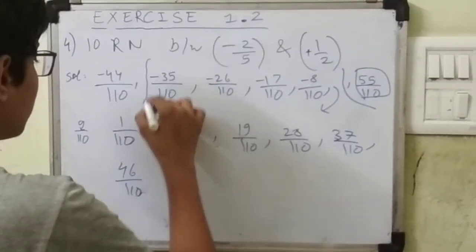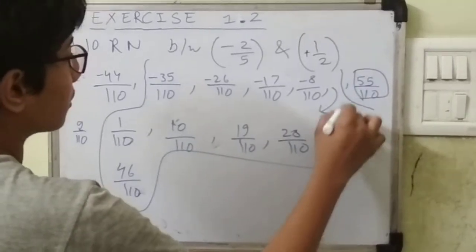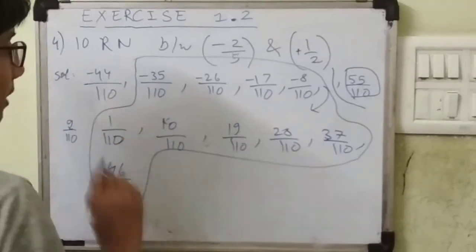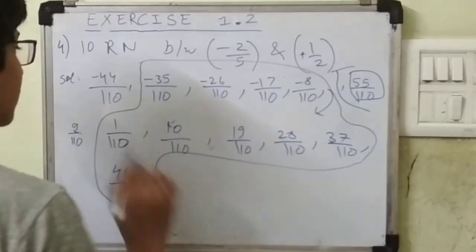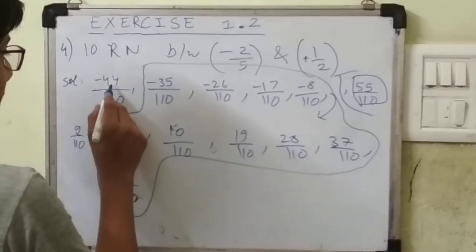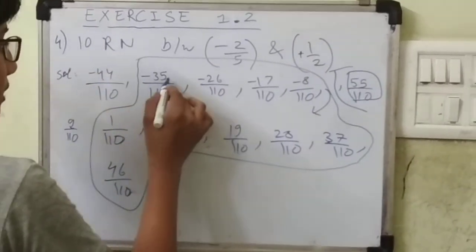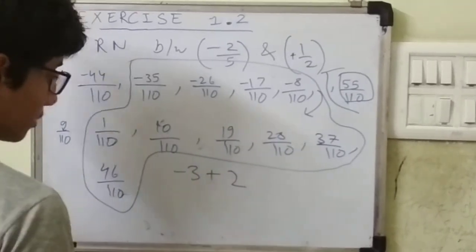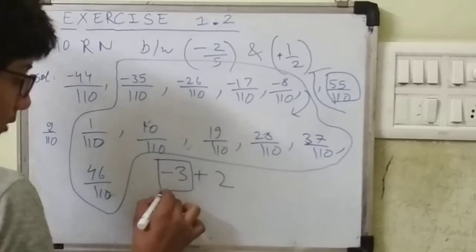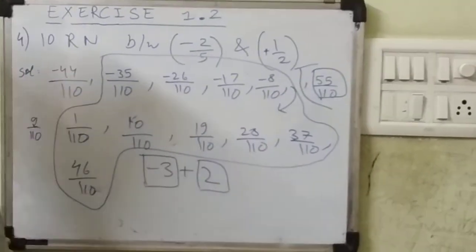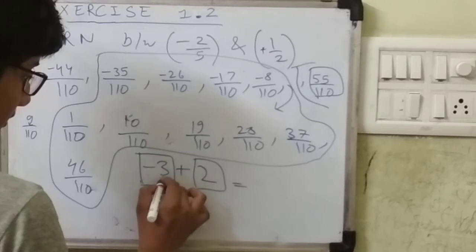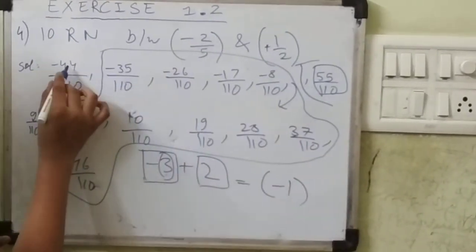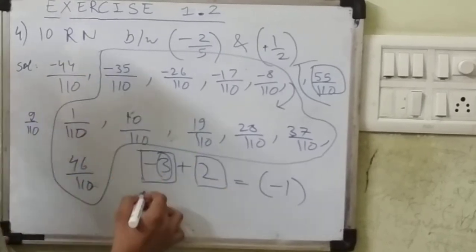So these are your 10 rational numbers. Although the space is low, in the notebooks you will write on the same line. And no need to mention this, it is just for explanation. So what you will do? Minus 44 plus 9, minus 35, and you know that if minus 3 plus 2 is given, whenever any negative number is added with a positive number, the base number decreases. You can see here that is why there is a downfall, minus 44, minus 35, because a negative